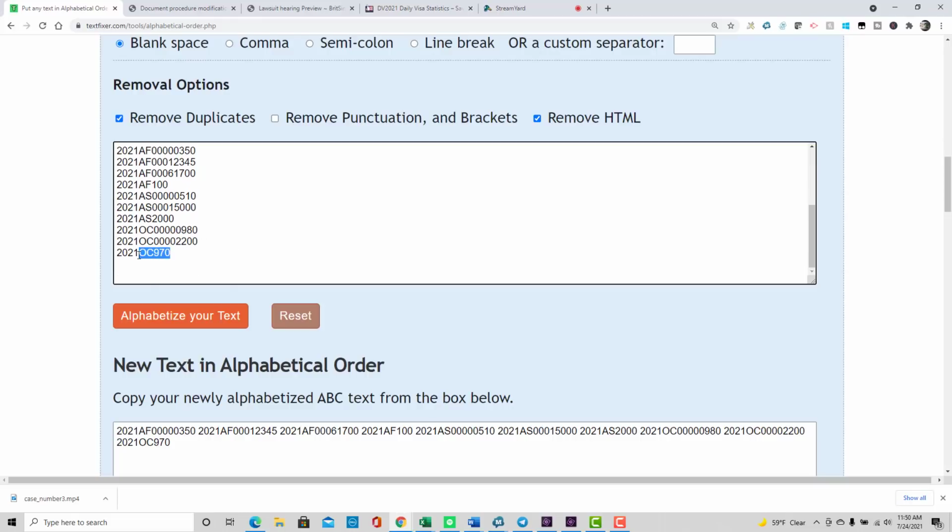And same thing here for OC. The OC number is at the bottom of the list. It should have been in front of 980, but it's not because the leading zeros are there. So you may think these leading zeros are unimportant, but they're not unimportant to KCC. And since they've given an instruction, perhaps not as clearly as they should have done, that your subject on your email should have just your case number. And we know from other things they've published that it should be the case number with the leading zeros.